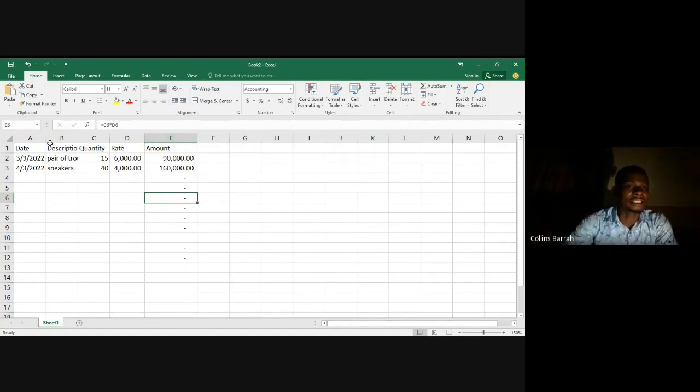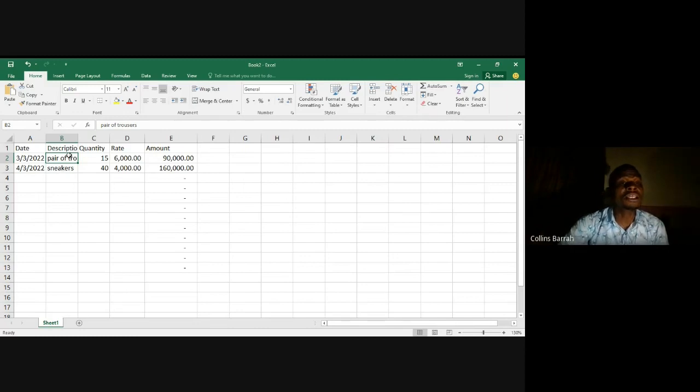Then let's head over to this. We wrote a pair of trousers in cell B2, and the space was not enough. So you can also come here. Now, what do we do? Description is missing the N. A lot of stuff is missing in trousers. So let's say, for instance, that you have all these cells filled up to 5,000 items. Now you can't tell which one is longer than which in length. So in order not to do guesswork,